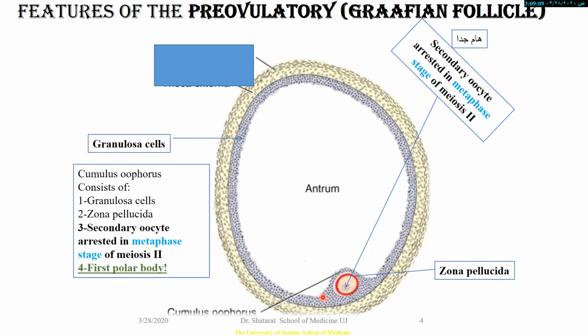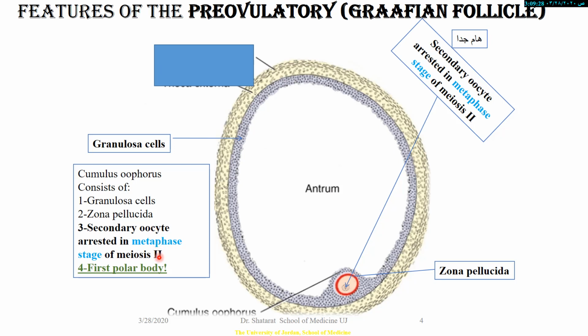So this structure has been named cumulus ovoris. Cumulus ovoris. Now cumulus ovoris has inside it granulosa cells, zona pellucida, a secondary oocyte arrested in metaphase stage of